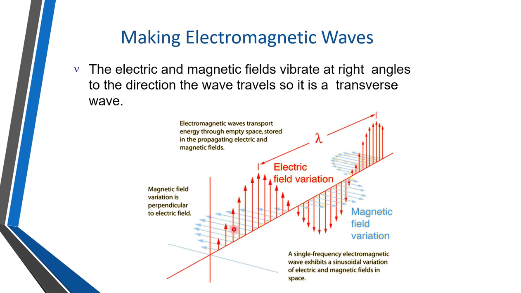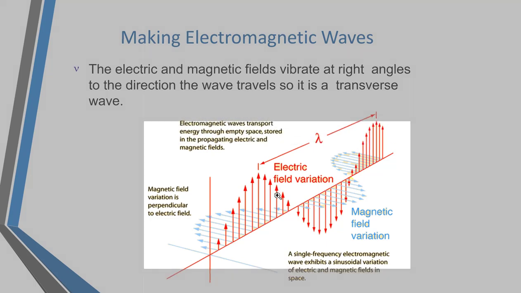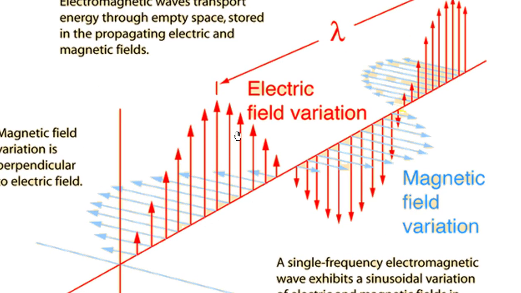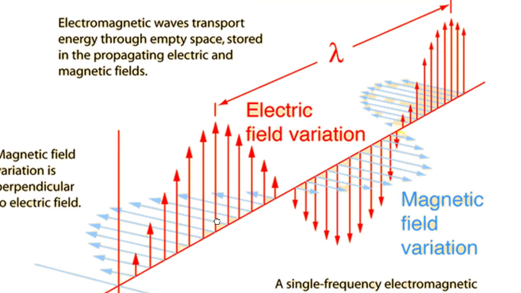So, suppose in this figure, let us look closely. The electric field is in the vertical direction, shown by the red lines, and the magnetic field is in the horizontal direction, which is perpendicular to the red lines, and it is in blue color. Okay, so this magnetic and electric field will generate an electromagnetic wave, but the wave is traveling in the third direction.